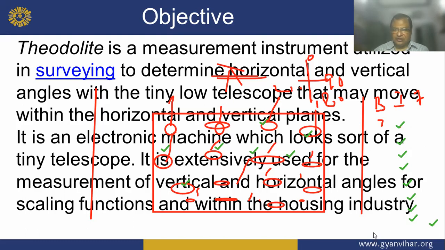Now the question is, what is the distance? So you write the point name A, this is B, and this is C, and this is D. So you write here AB is equal to, now BC is equal to, now CD is equal to,